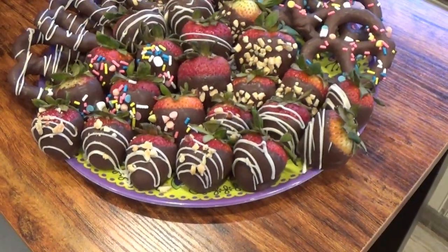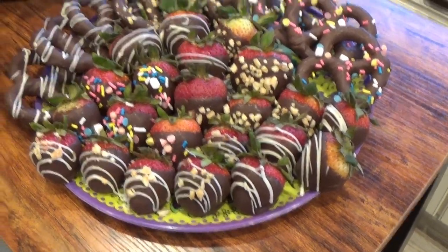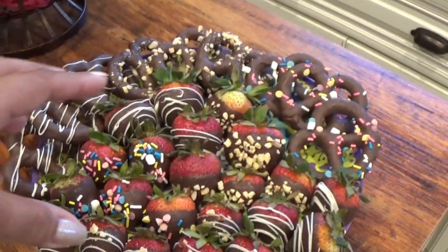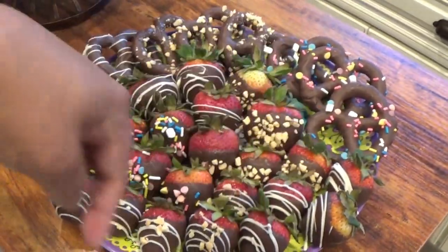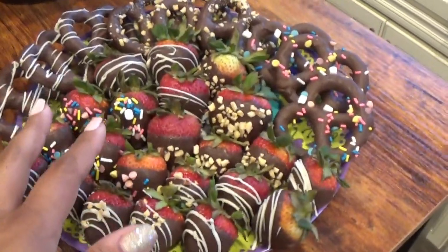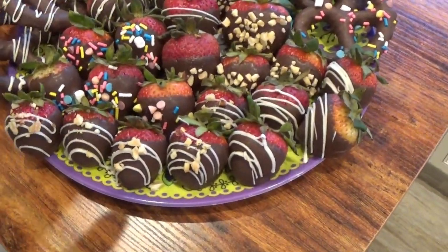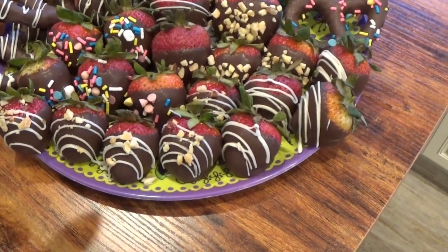I was going to mention, and I started eating them. Let me find one on here. I still have some that don't even fit on this tray or in this plate, but I just put them around. If I had fewer strawberries, I'd probably put the pretzels all the way around. I still have three pretzels sitting out that aren't even on this tray, but they're back there. I added more from when I took pictures. But what I wanted to show you is that